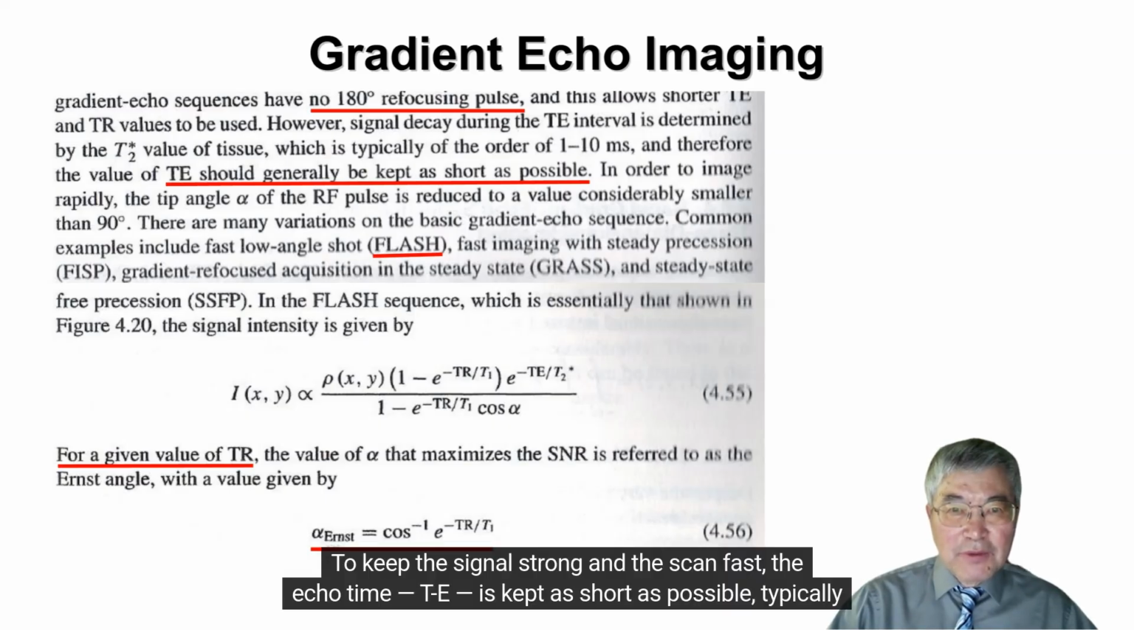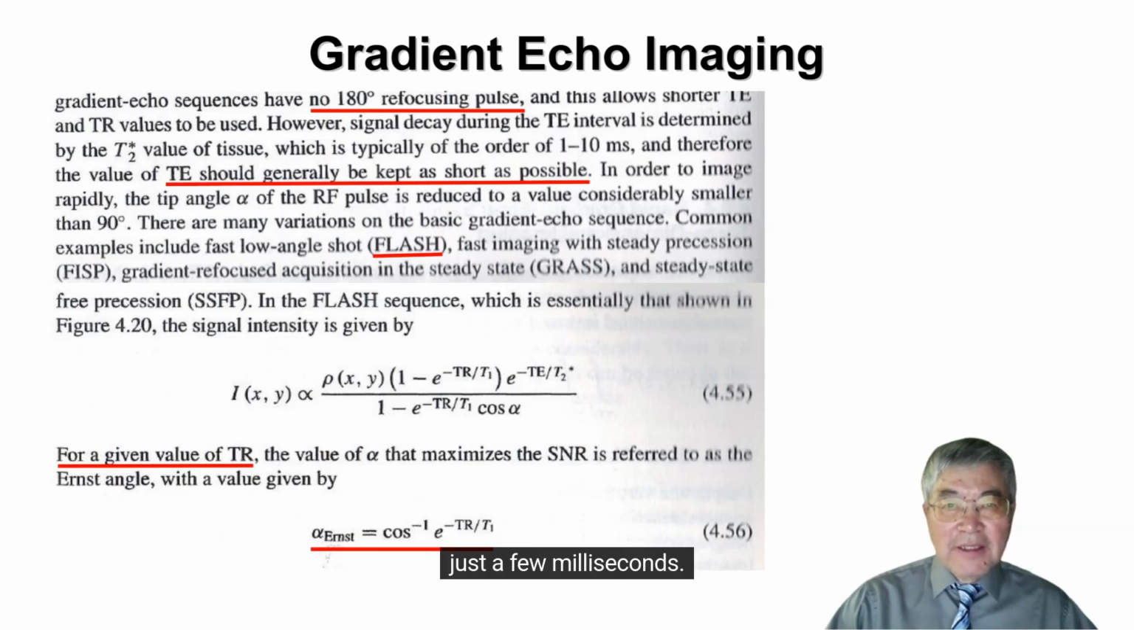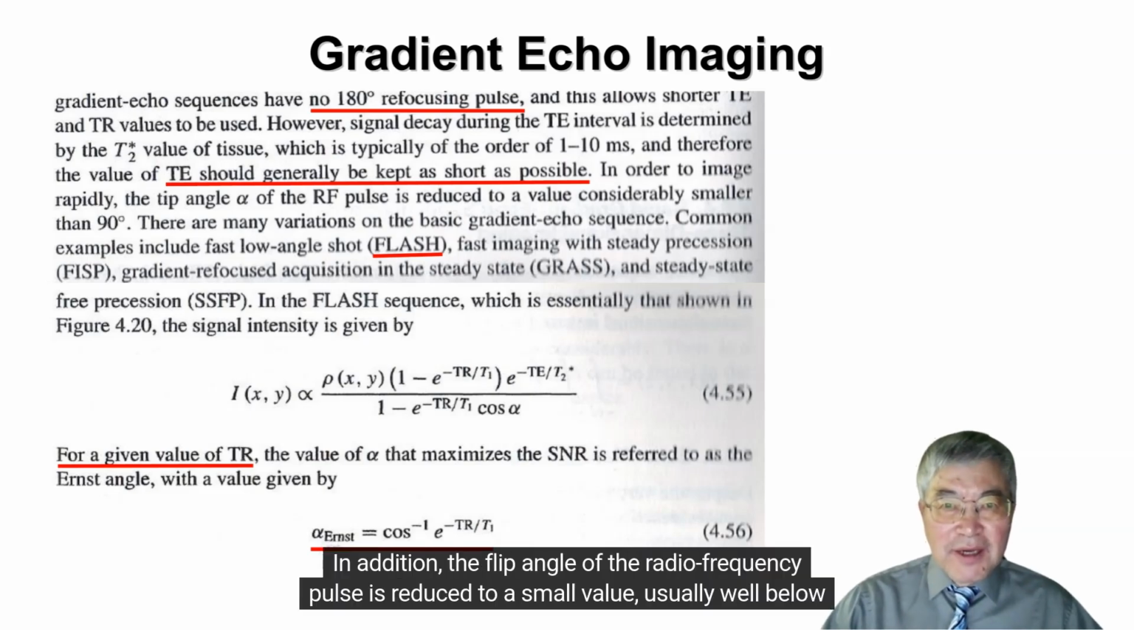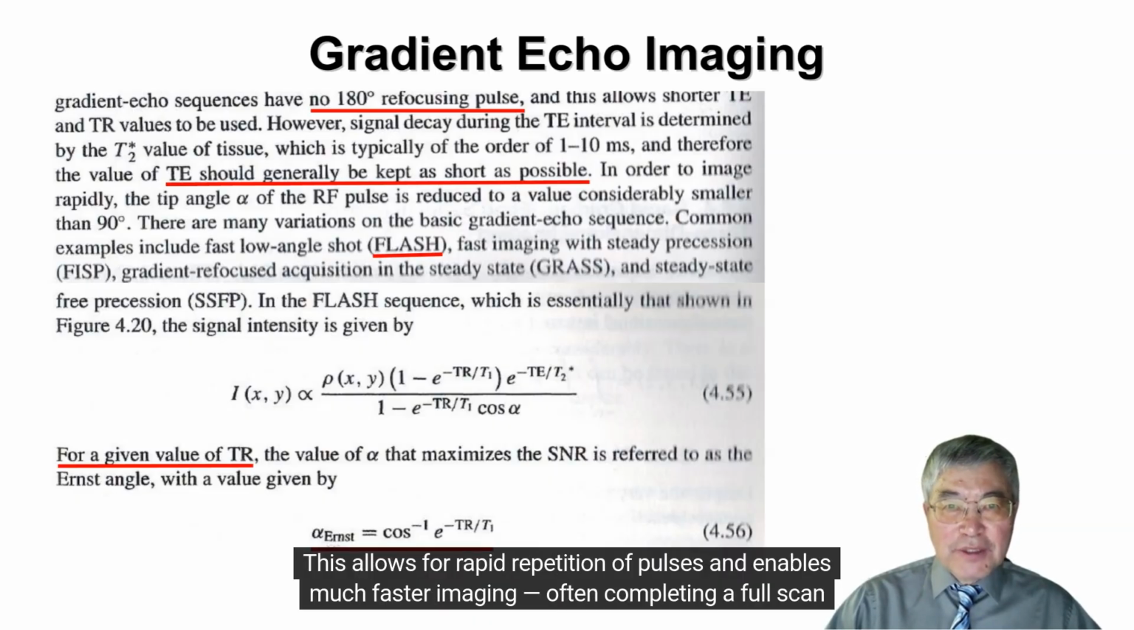To keep the signal strong and the scan fast, the echo time, TE, is kept as short as possible, typically just a few milliseconds. In addition, the flip angle of the radio frequency pulse is reduced to a small value, usually well below 90 degrees. This allows for rapid repetition of pulses and enables much faster imaging, often completing a full scan in less than